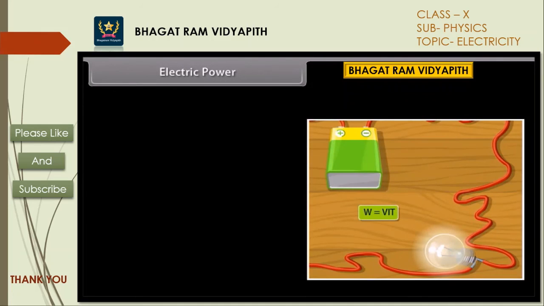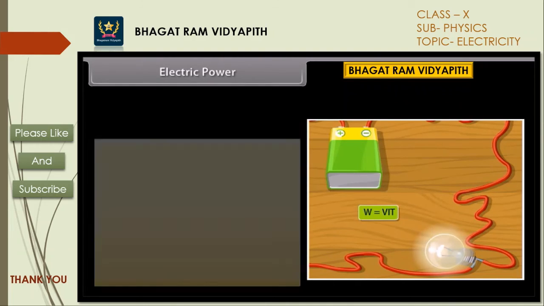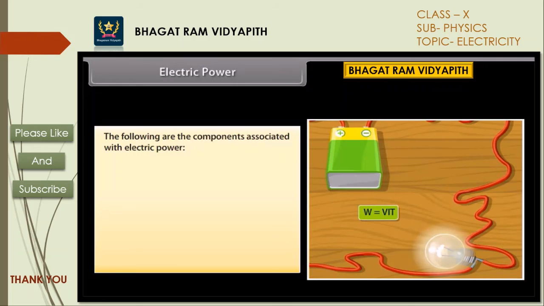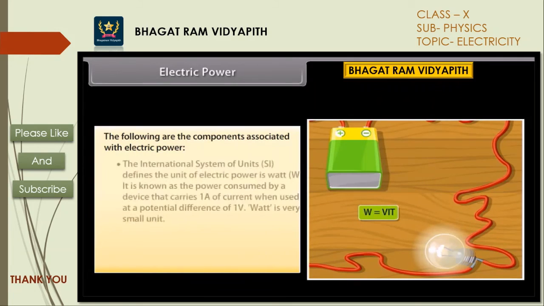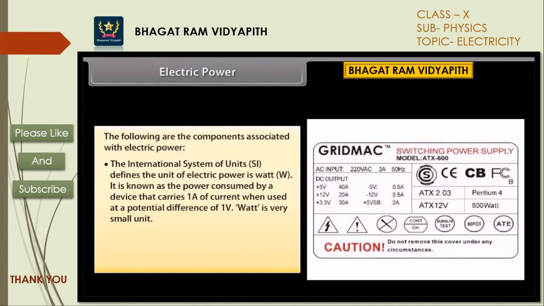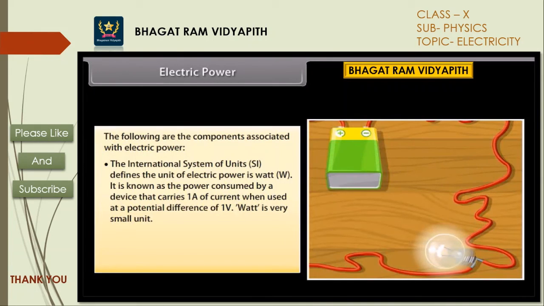Electric power. Electric power is the rate at which electric charge is transferred by an electric circuit. This is commonly known as electric power. The following are the components associated with electric power. The International System of Units, SI, defines the unit of electric power as the watt, W. It is the power consumed by a device that carries 1A of current when used at a potential